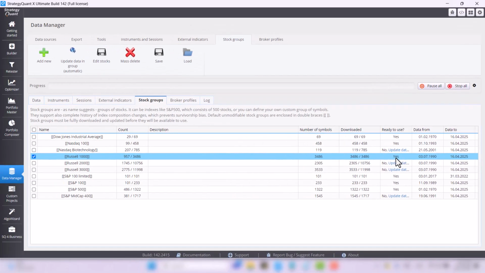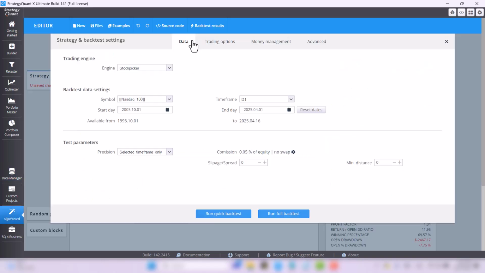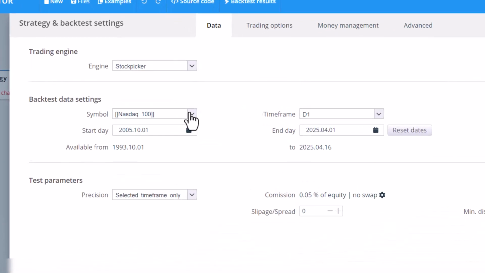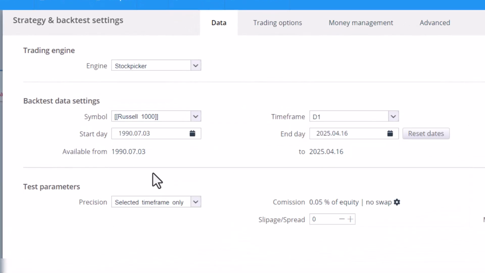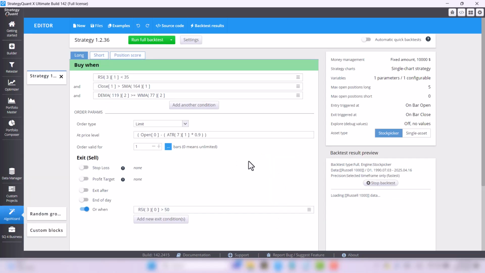And once you have the data for the stock group downloaded, go back to AlgoWizard. In the Data tab, change the symbol to Russell 1000 and run the backtest. You will see on the results that there really are different conditions because the strategy is developed for Nasdaq 100, which is just 100 symbols, and now we are testing it on 1000 stocks.